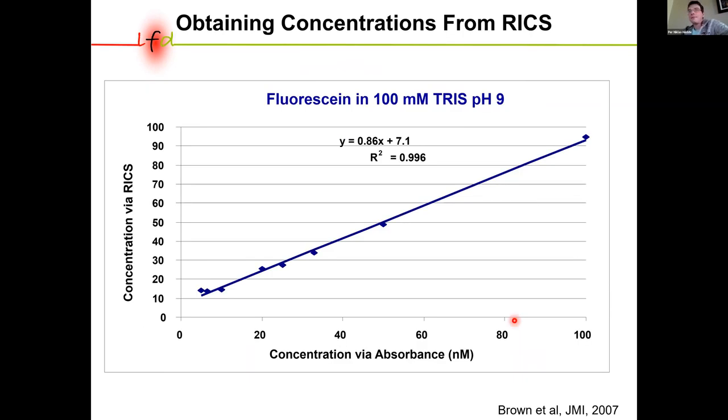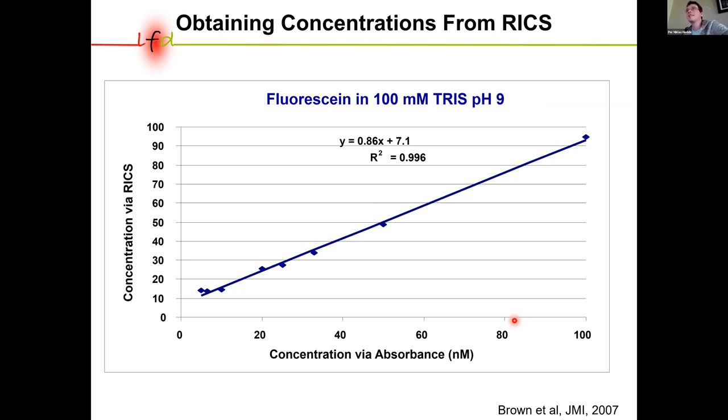Okay, so RICS analysis in general can give you those two parameters. One is the average number of molecules in the observation volume, which you can convert to a concentration once you know the size of your point spread function. The other one is the motion parameter, which can be a diffusion constant in the case of free diffusion. So let's look at the